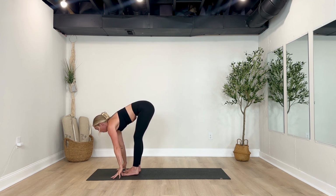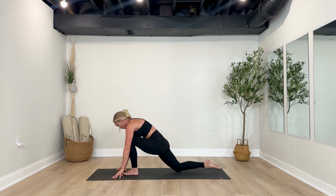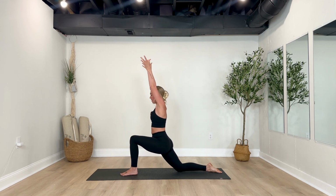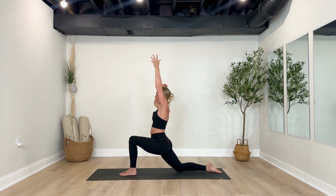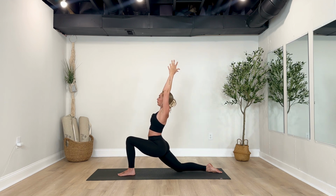And then plant the palms, right foot steps back this time. Drop the knee, untuck the back toes. Inhale to Anjaneyasana, pull the hips forward and through, and settle in for your exhale. Stacking the left knee over the left ankle. Hips are heavy, thumbs and chest are reaching up and back. Take a full breath in, a full breath out, and then begin to kickstand your right foot over to the